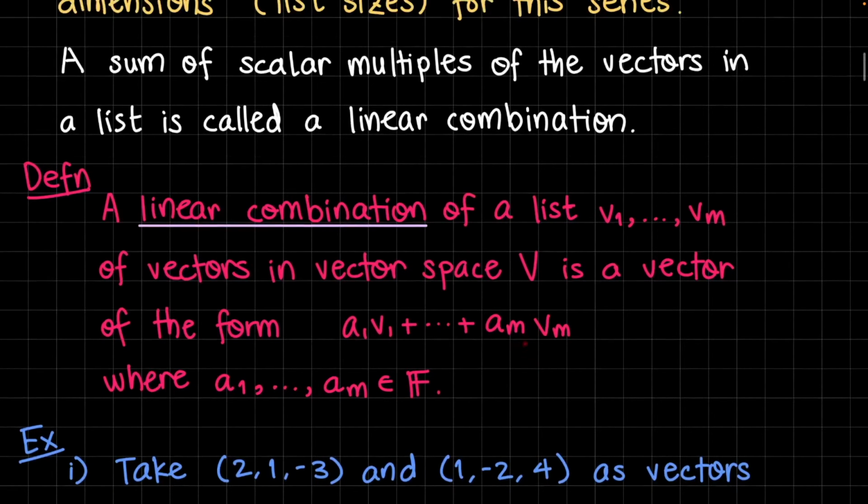So this v1 through vm are vectors in our vector space, and a linear combination, or a vector of this form a1 v1 plus dot dot dot am vm, must also be a vector